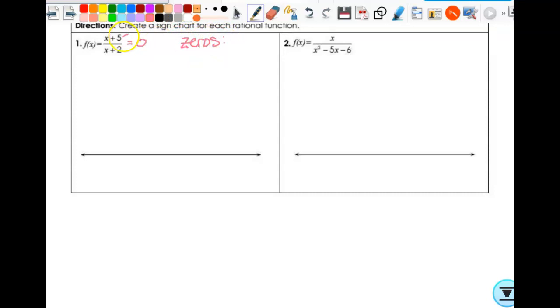Right? And that comes from the numerator. So I don't even have to factor here. My x value for my 0 is just -5. So when x is -5, y is 0. That's what that means. Then if I want the vertical asymptotes,